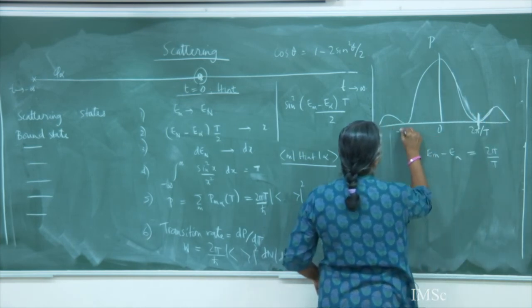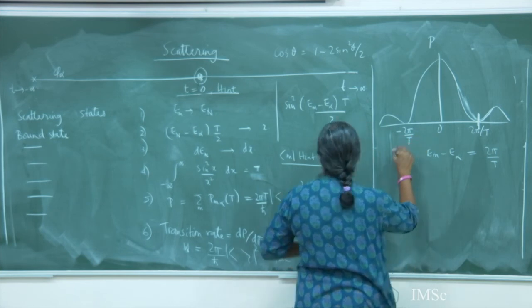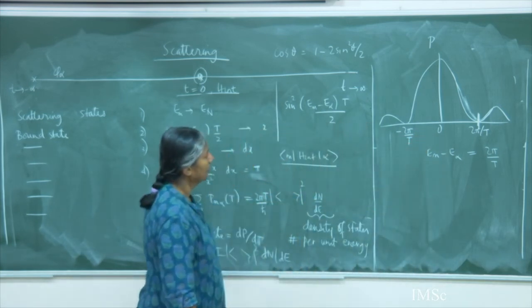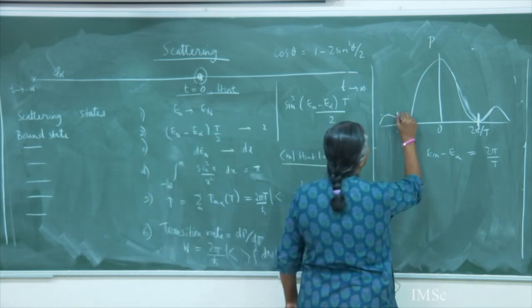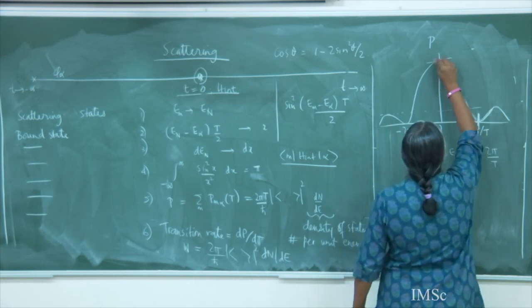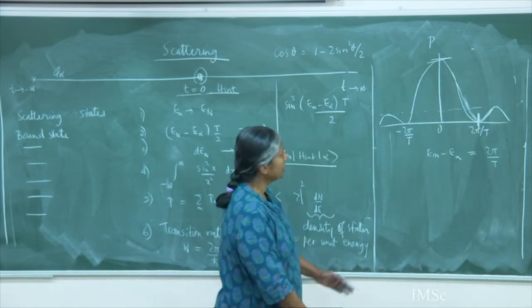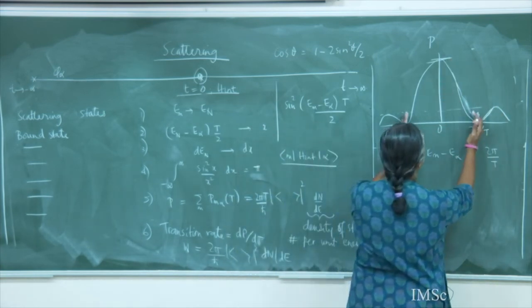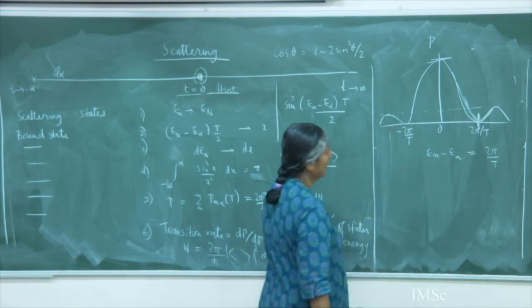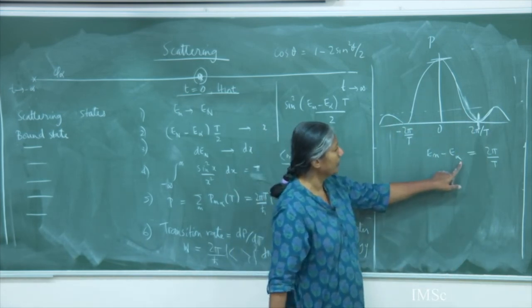And this will be, of course, minus 2. That's why it's symmetric, because of the sine squared function. Okay, and you can see that this is very small compared to this. So you're saying that only the small interval over here, these states which have Em minus alpha